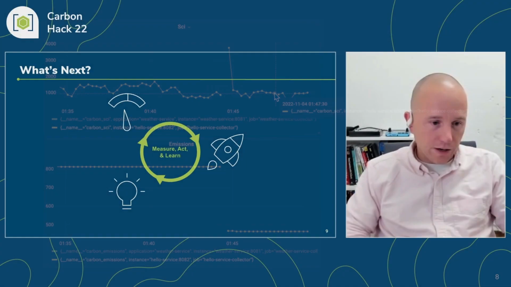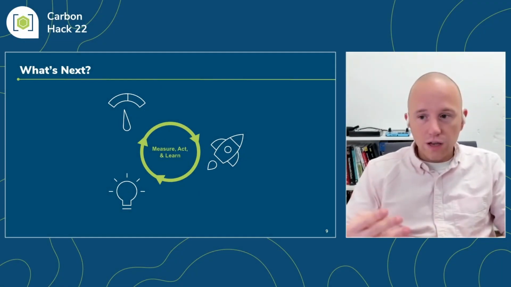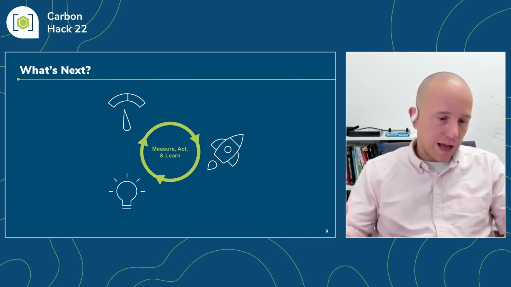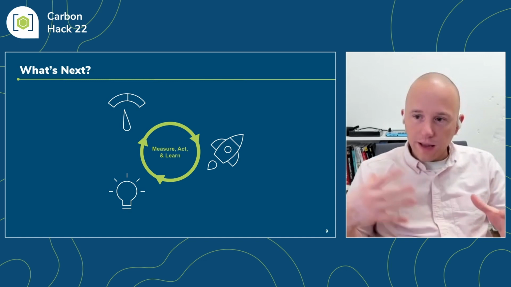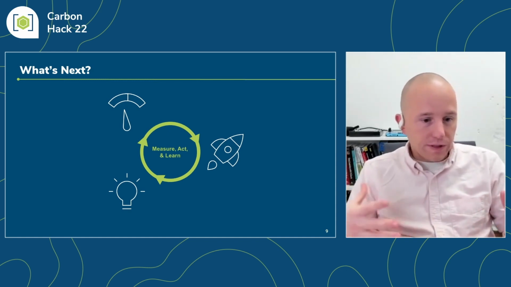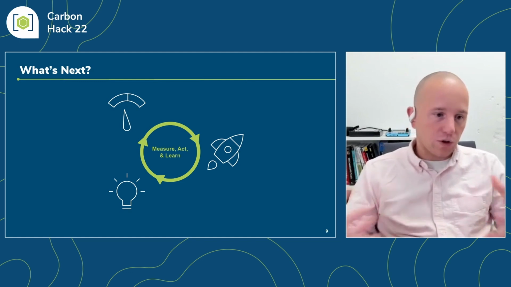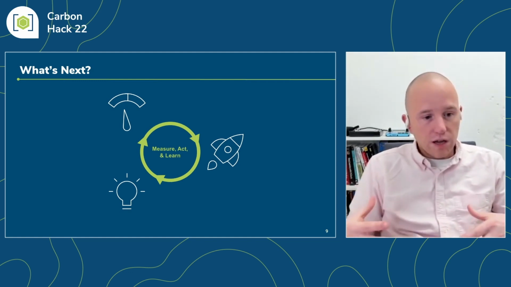So where do we go from here? There's still a lot of work to do to make those three values accurate and available on all platforms. I also think that this is just the beginning. Making SCI visible and understandable helps a developer or an architect or a technical leader make good architectural decisions toward